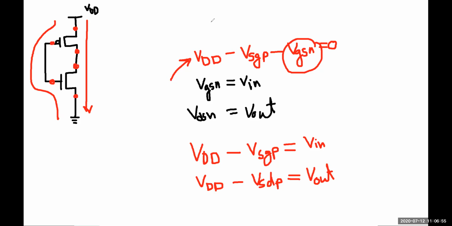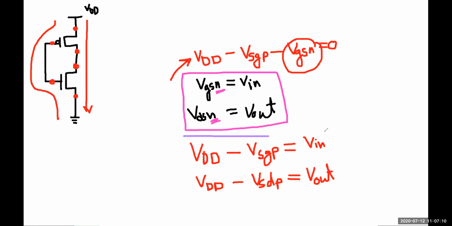So here we got two formulas, one for input, one for output. For NMOS, why NMOS? Here you can see it is N written. And we got another set of formulas, one for input, one for output, for PMOS. Here you can see it is P for PMOS. So one formula is for input, one formula is for output. This set is for NMOS, and this set is for PMOS.